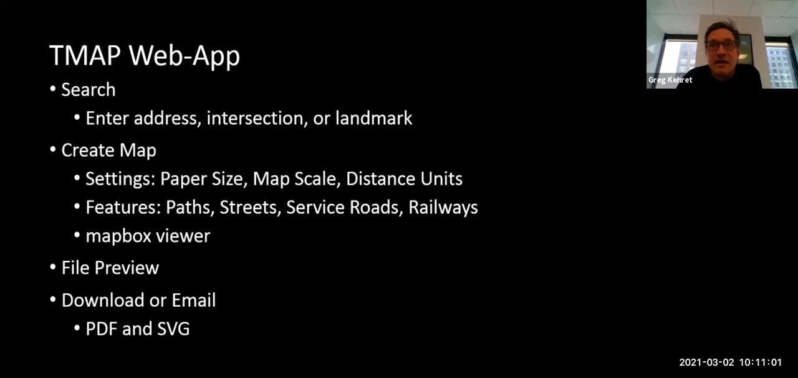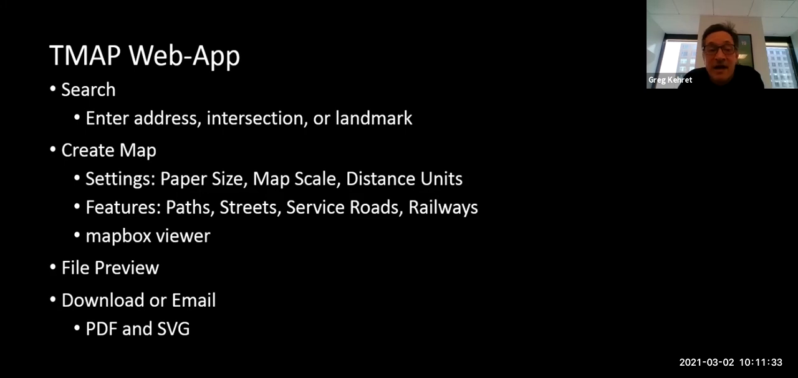And this is where you decide your settings: the size paper you want to use, the orientation of the page, whether landscape or portrait. You choose your map scales, which has a lot to do with how much detail, the complexity of that map. Your distance units, whether metric or English. Your features, what to include on that map. Streets is the default, but of course there are also service roads,